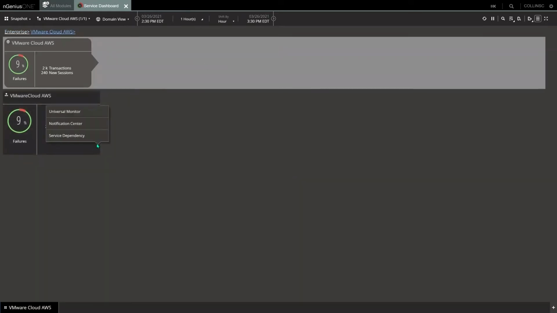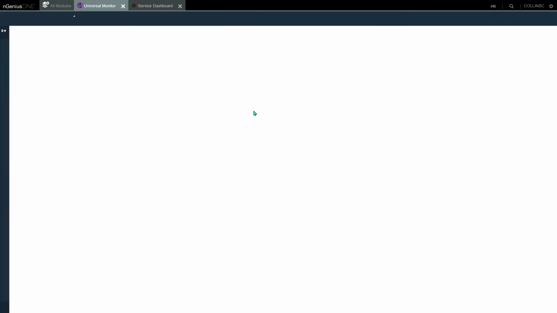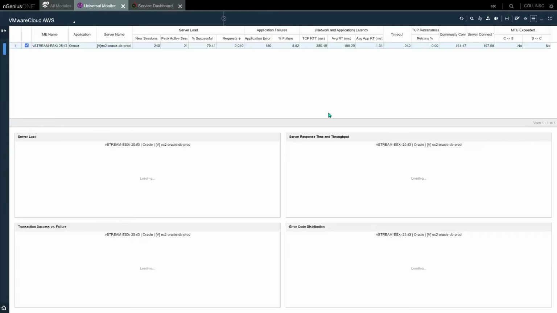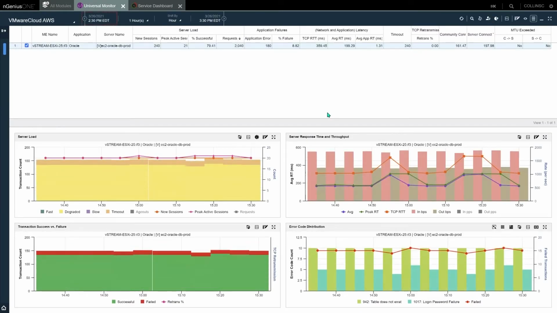This happens to be up in Amazon, in VMware Cloud and Amazon. So I'm gonna go up there and look at it. And I'm doing a basic triage. Do I need to look at the server? Do I need to look at the network? What's going on? So as I see here, I've got a lot of timeouts going on. My response time kind of bouncing here and there.